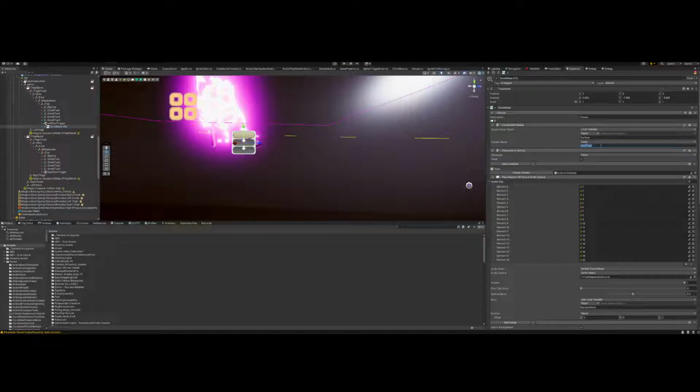We specify a name here; in my case it's arch floor, and it checks if this game object has a texture named arch floor. And if it has this name and the character is moving, which is also a custom condition as far as I know, downloadable on the GameCreator hub,